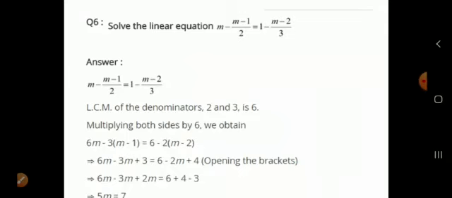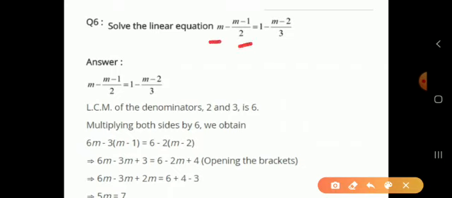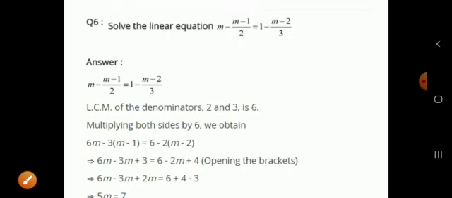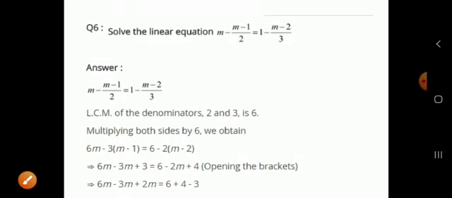The first task here is to collect all the m terms on one side. See here, the first term is m, the second also has m, and on the right hand side this term has m in it. So first step, we will shift this term to the left hand side. The sign will change. Here it is minus, so this sign will become plus. Starting with the first term, m as it is,